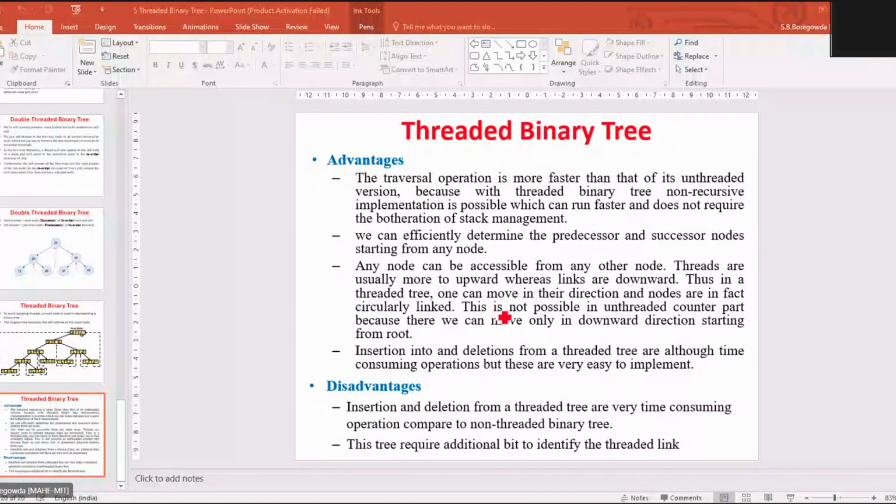A balanced binary tree is one in which the longest path through the left subtree is the same length as the longest path of the right subtree, that is, from root to leaf. Okay. So searching time is very much less in a balanced tree compared to an unbalanced tree, that is, the binary search tree. Okay. So there are two types of balanced trees available. One is the height balanced tree. The second one is the weight balanced tree.